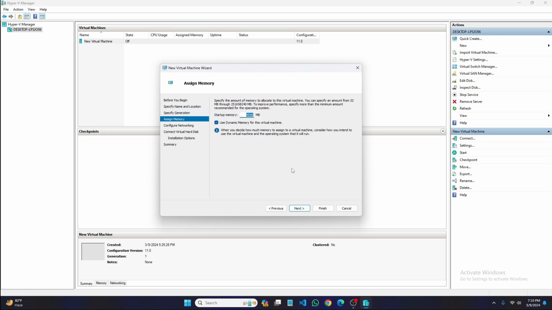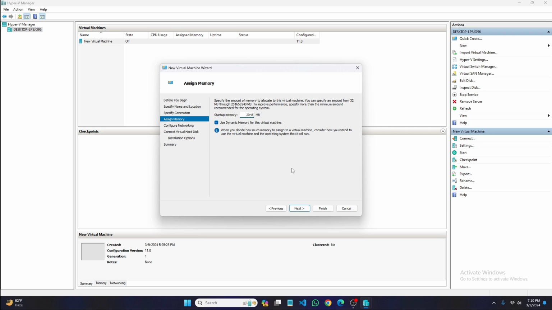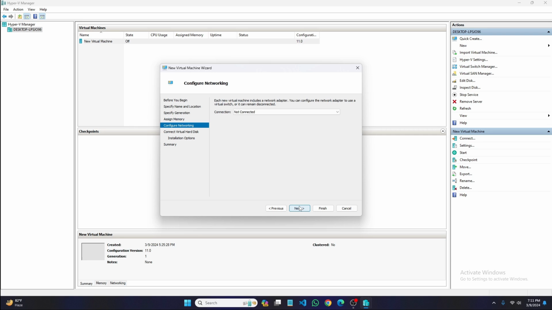Press Next. In here you have to choose the memory specification. You will choose it based on your PC's RAM. Similarly, if you have good quality RAM, then you can choose more. However, it is your virtual machine, you will not use it for your daily work. It is better for you to choose less memory for better quality. And when you choose less memory, you will not face any types of bugs or slow procedure during your working period. So I suggest you choose less memory for better quality, and press Next and